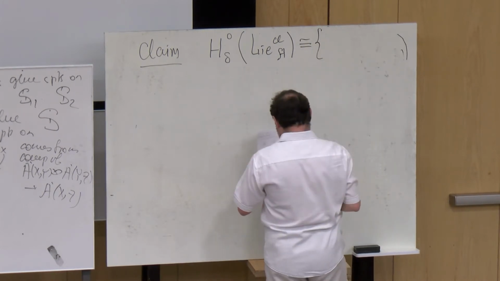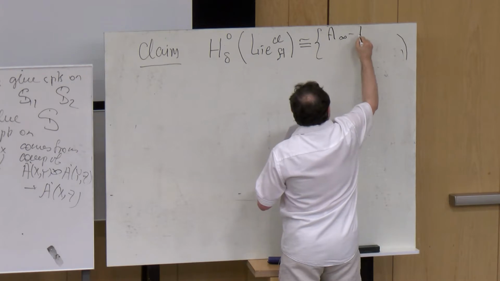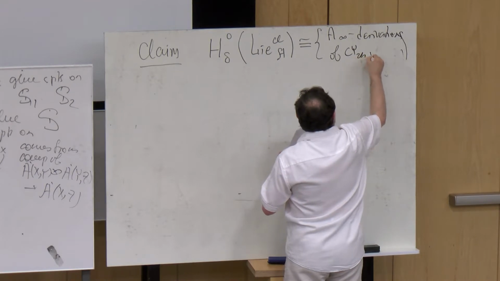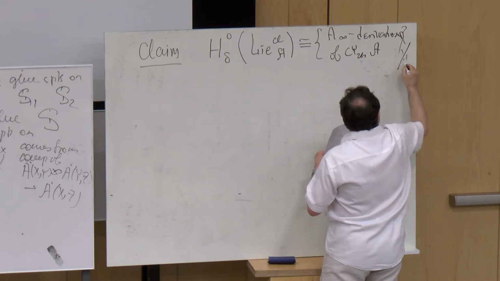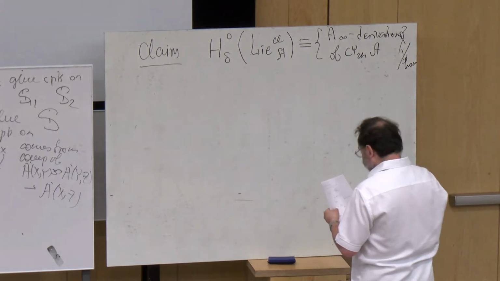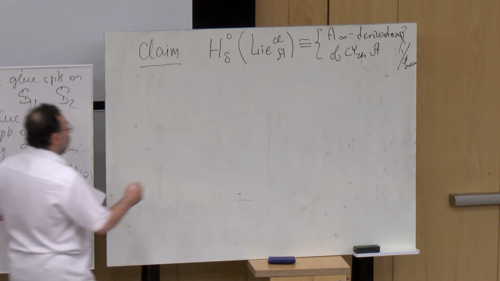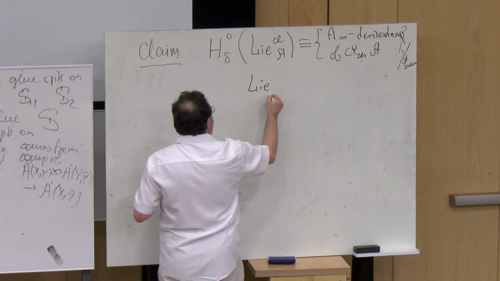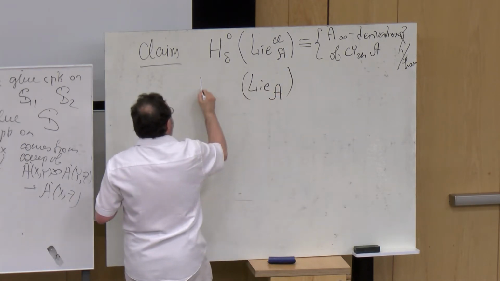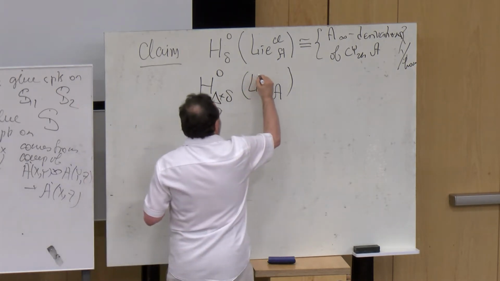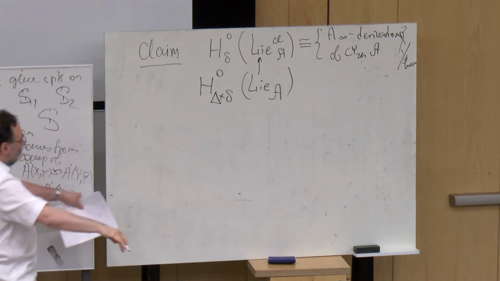it's isomorphic to the Lie algebra of A infinity derivations of Calabi-Yau n category A modulo homotopy. It's homotopy derivations. But a smarter object would be to take not the Lie algebra corresponding to the disks, but the big one. So now you take the Lie algebra corresponding to A, and now you take its H0 in delta plus delta with respect to this differential, and it maps naturally here by forgetting all surfaces of complicated topology,